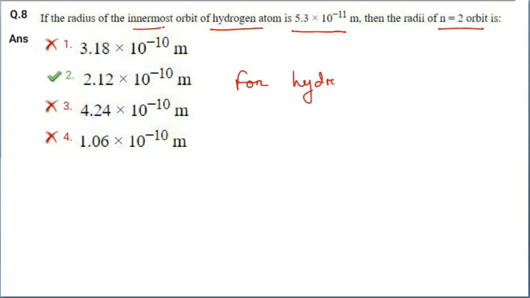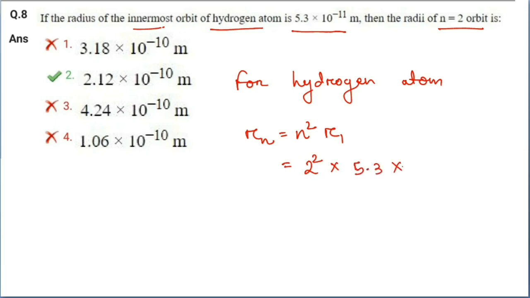So for hydrogen atom, Rn, the radius of the nth orbit, is equal to n square times r1, where r1 is the radius of the innermost orbit. Here n is given as 2, that means 2 square multiplied with r1, which is given as 5.3